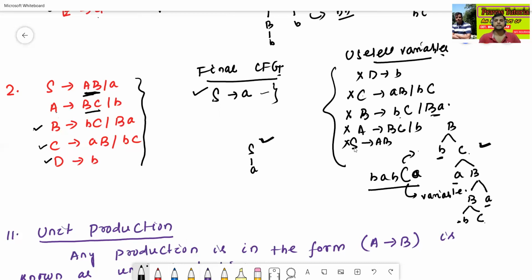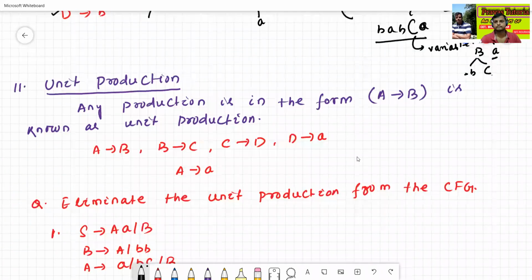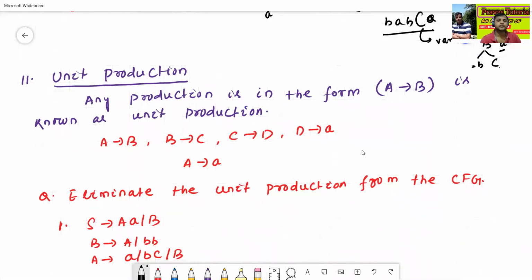Next we'll see the second simplification of grammar, which is unit production. What is the meaning of unit production?